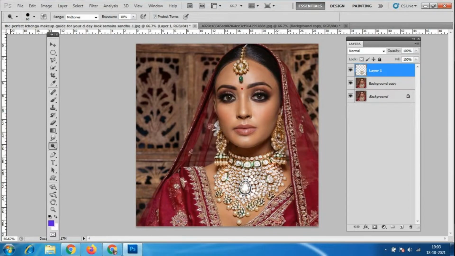I think you people have seen many of these outside, in magazines or on hoardings. In some bridal photo shoots or any jewelry photo shoot, they want to highlight the jewelry.